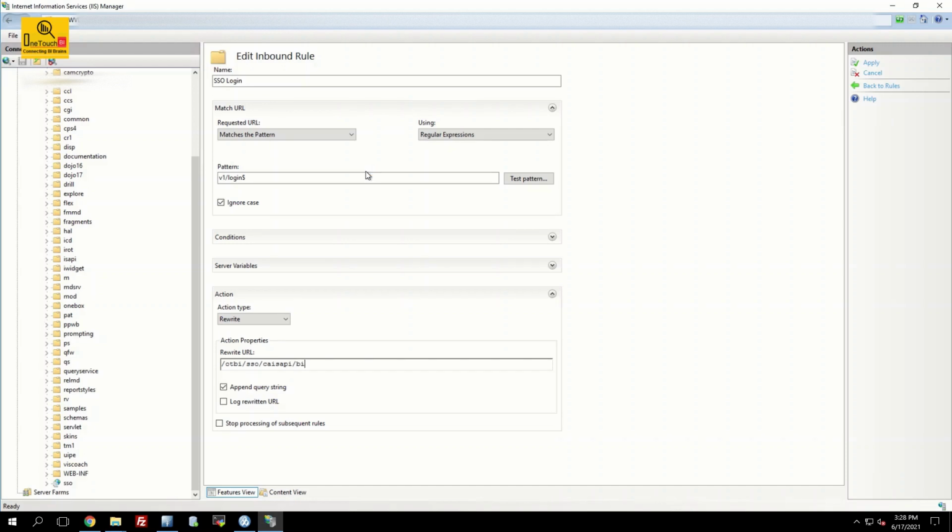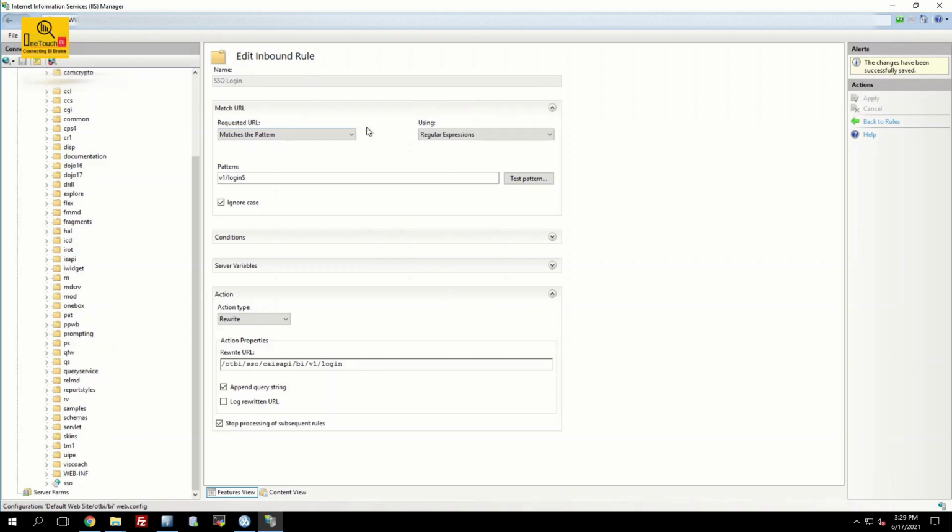So BI/ and then what we provided in the pattern, v1/login. You don't need to provide the $ symbol, just login. Until here it looks good, and make sure you have chosen the checkbox stop processing of subsequent rules. Click on that and apply. And this is for the modern Cognos URL.